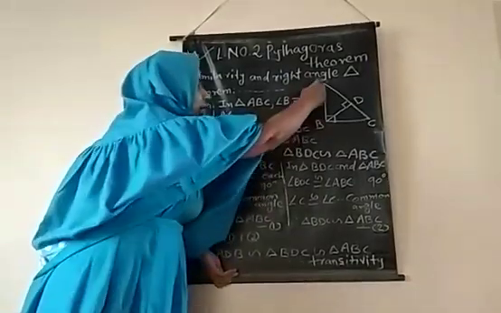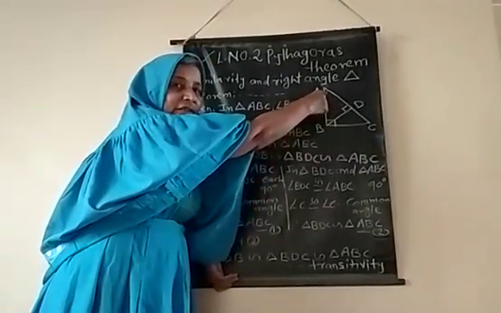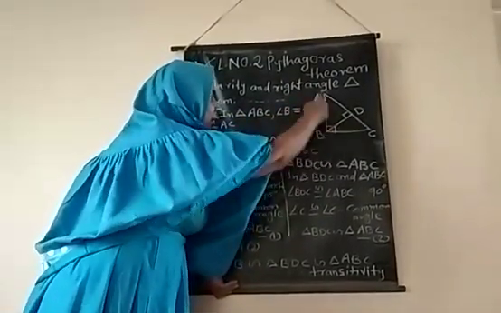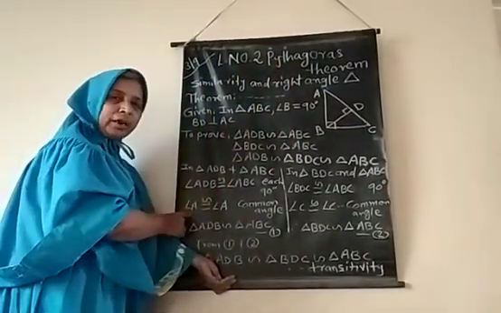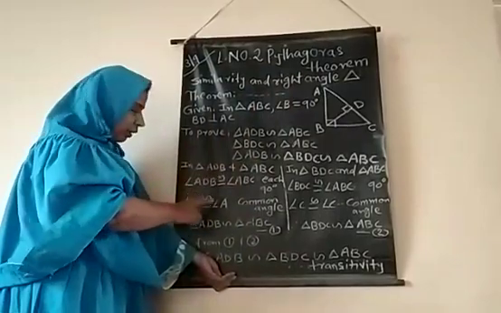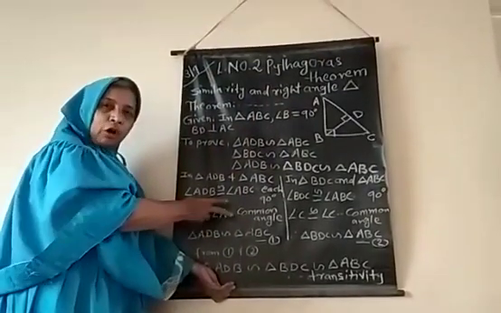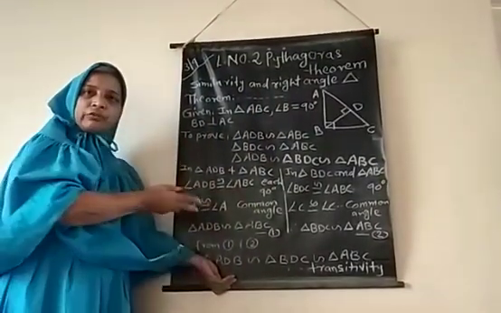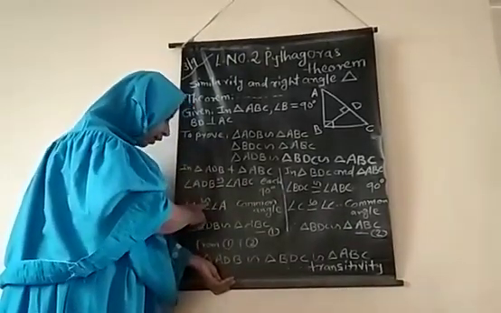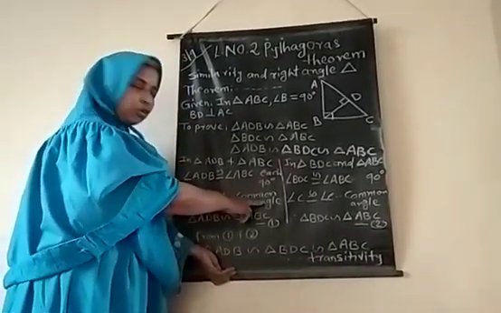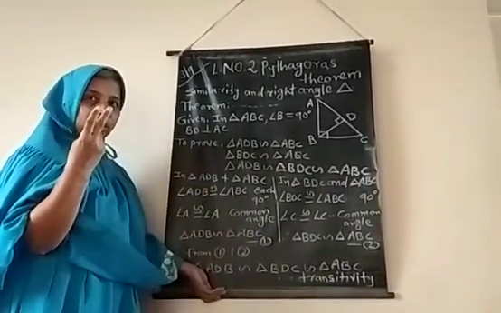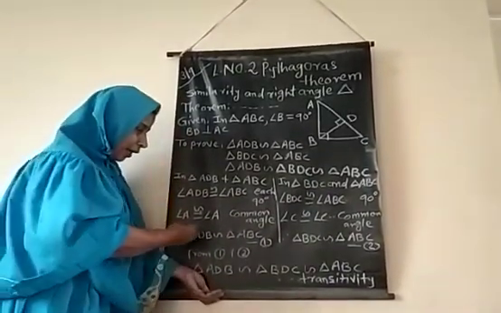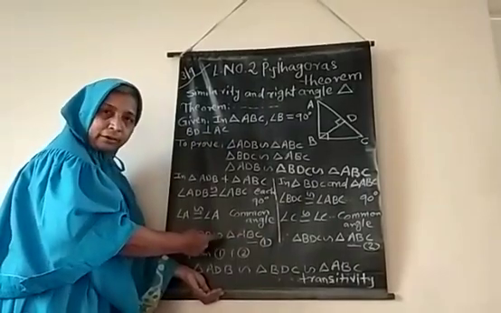In this triangle ADB, angle A is there. And similarly, in triangle ABC also, angle A is there. So angle A is common between the given two triangles. Therefore, the common angle is congruent to itself. Therefore, angle A is congruent to angle A. Reason is common angle. Here, to prove similarity, we require only two statements. So by the AA test, the triangles are similar, not congruent.